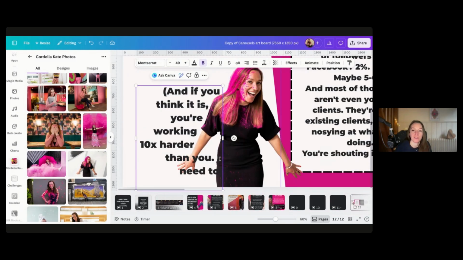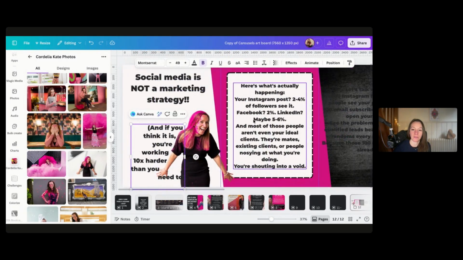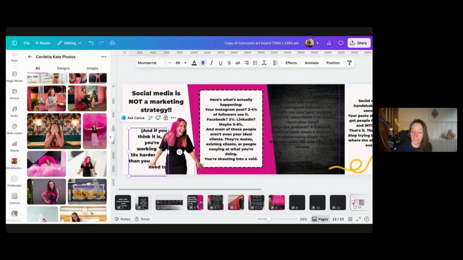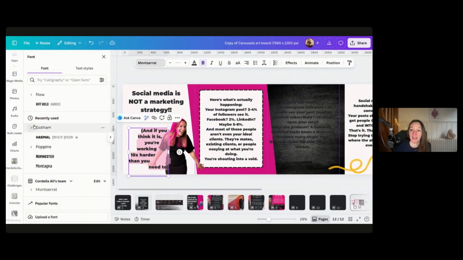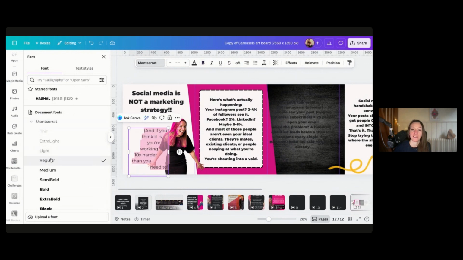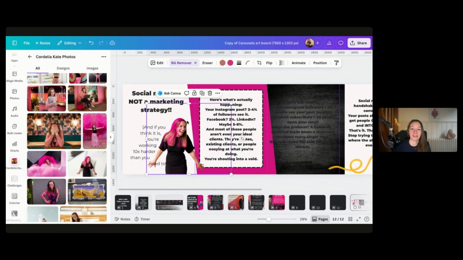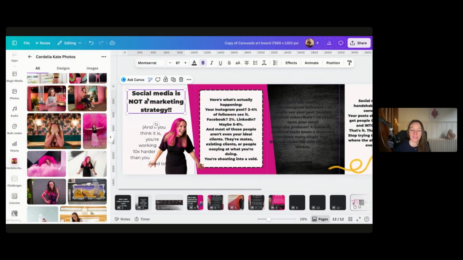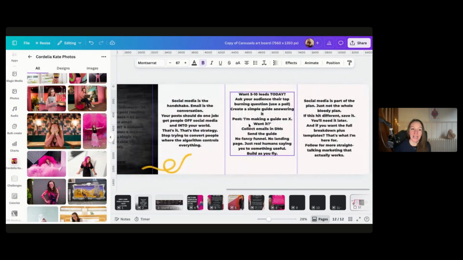There we go. So you can move things around like that and play around in terms of making it interesting, getting it going around stuff. I'm a fan of putting very bold text next to very not bold text. So I might put that like there, and then it doesn't detract from the headline. And because the headline hooks you in, you then want to read the bit underneath, but they're not competing with each other for attention. That's how you build out